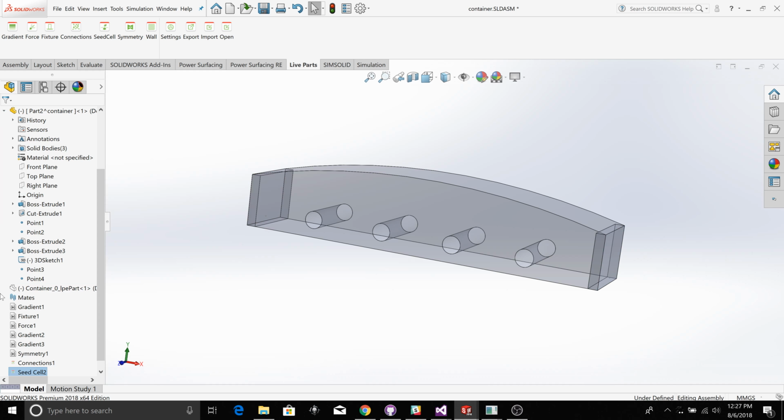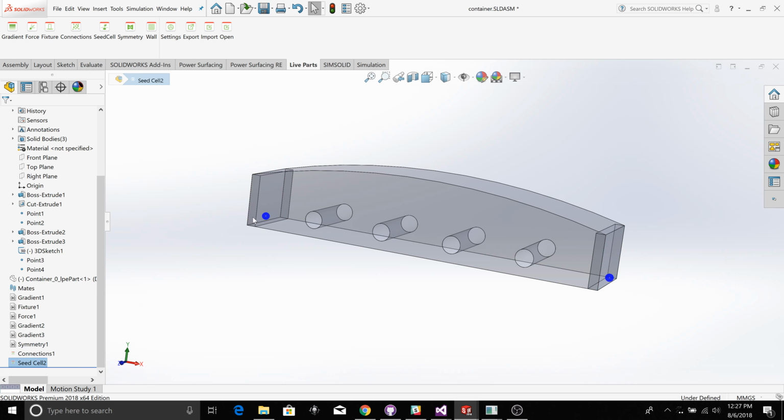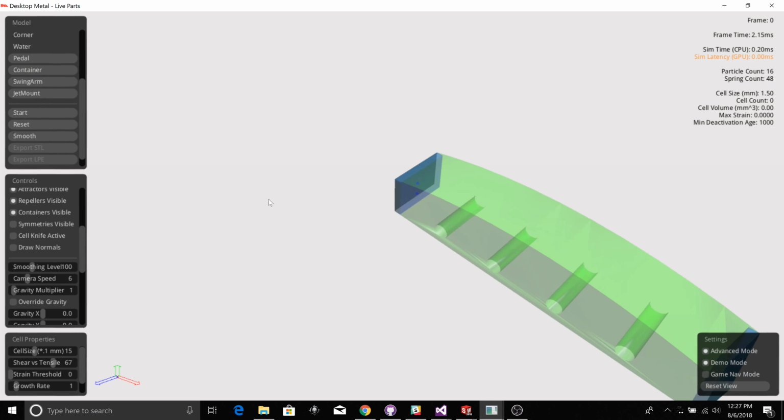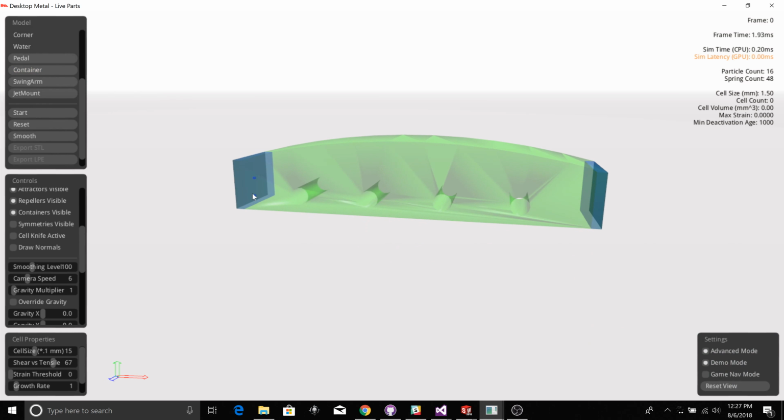And when I go back and select my connections feature, I can see that it will connect these two surfaces, but it's also going to create a seed cell that connects these two. When I go over to LiveParts, I can take a look at what this looks like inside LiveParts, and you'll see that I've got essentially two seed cells growing off of this left-hand surface